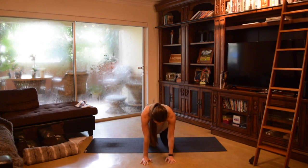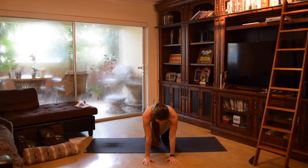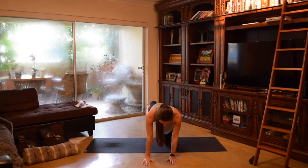So let's check our alignment, get nice and steady. And we'll inhale, pushing that right foot out towards the back of the mat, flexing the foot, sending energy out through the heel, making sure the hips are square and level with the ground. And just feel your strength here, feel steady and strong. One more inhale,